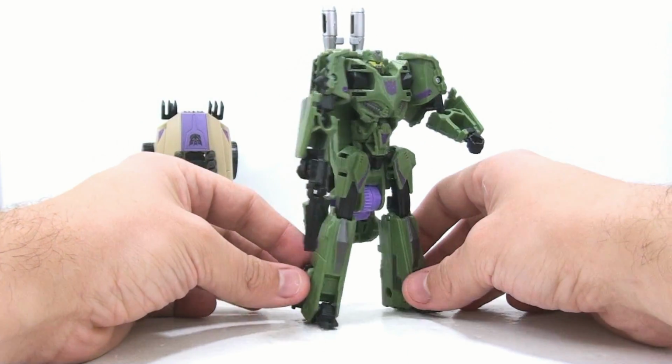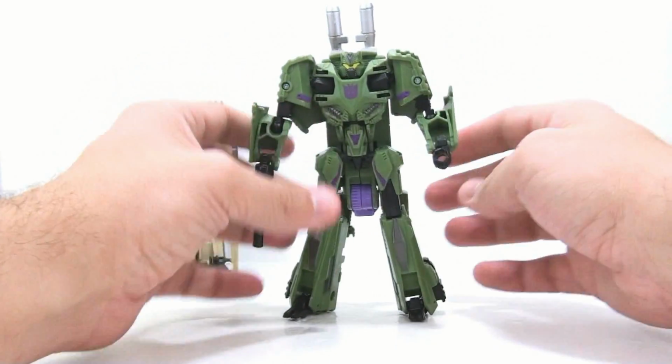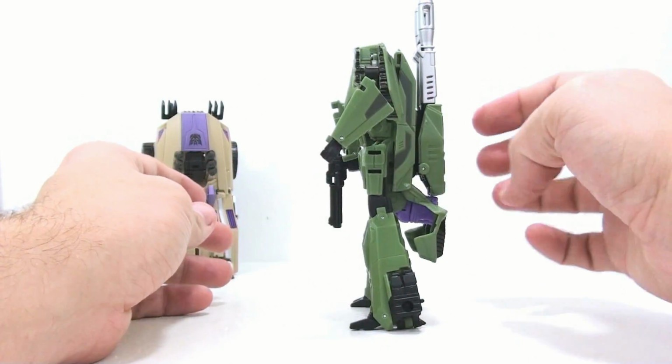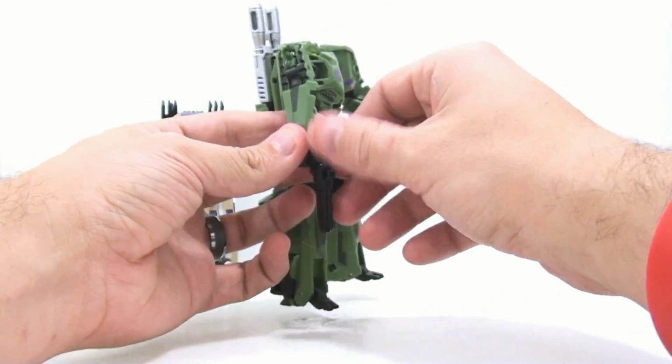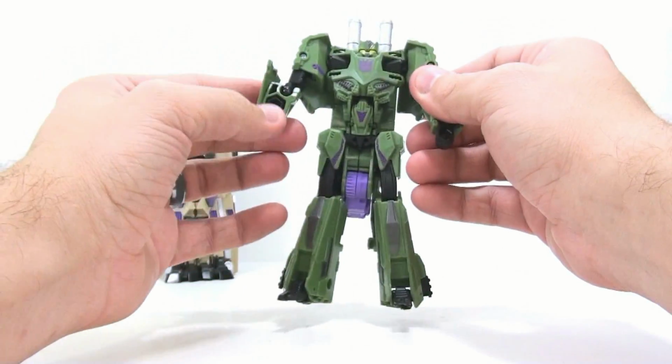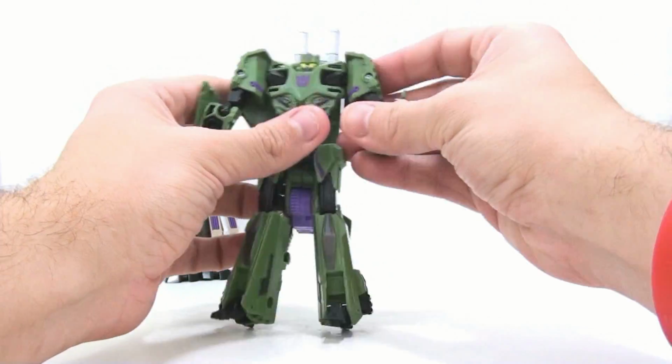I mean, you can get the positioning just right and he'll stand there, but you have to get it perfect, and some of the time it really kind of looks like he's going to be leaning forward, which is really kind of unfortunate. So getting this out of the way, going back to his tank mode,